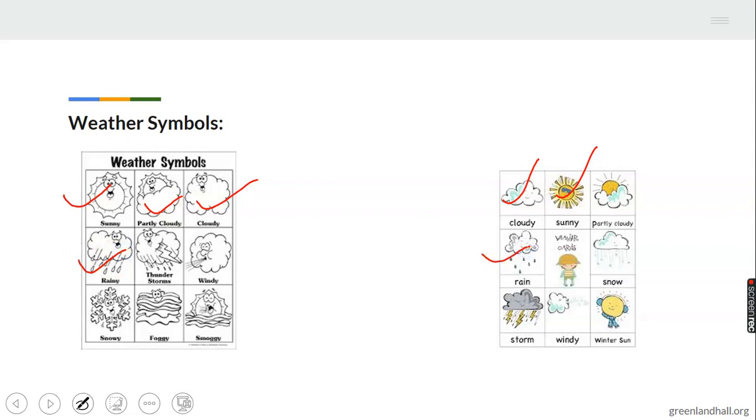Is that not so? Yep. Is there snow? Can you see the snow? Yeah, snowy is here, and I can see snowy is also here. All right, we talked about windy, and these are stormy. So some of these weather symbols, when you see them, you should know what they represent. Perhaps you don't need somebody telling you it's going to rain because you've seen the symbol, so you should know what to expect. You see a stormy sign, you should know that it is going to be stormy today.